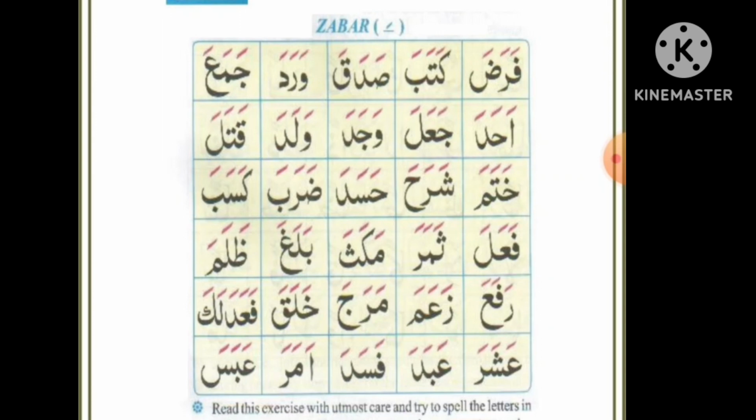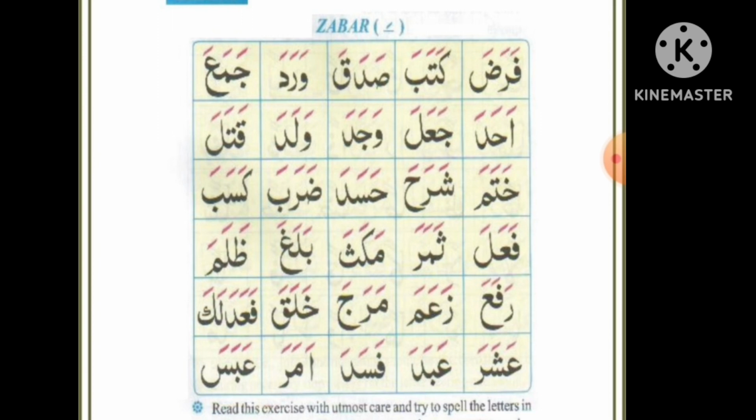Next you have kaf zabar ka, ta zabar ta, ka ta, ba zabar ba, ka ta ba. You will join 1 letter at a time, not all the 3 together, okay? Swad zabar swa, dal zabar da, swada, qaf zabar qa, swada qa, waw zabar wa, ra zabar ra, wa ra,